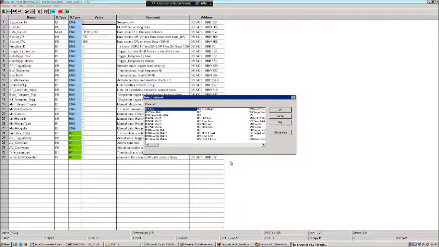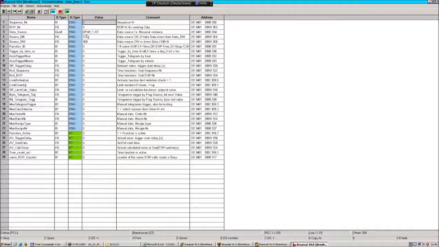Now we have 255 parameters, which can be used freely to log any value. That means the temperature, the time, and so on. The time for the start of the EOP, or also average values. And the only thing you have to do is select here the according source, the DFM,